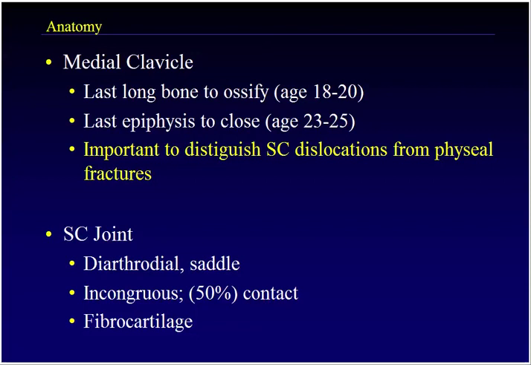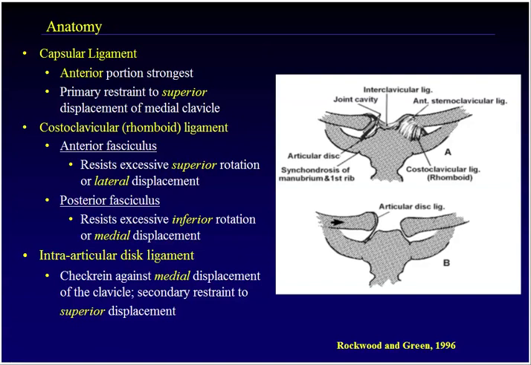There's really only 50% contact between the medial end of the clavicle and the sternum, and of course it's a joint composed of fibrocartilage and not synovial cartilage. The stability of the sternoclavicular joint is dependent on multiple ligamentous structures. The anterior portion of the capsular ligament is the strongest, and that is the primary restraint to superior displacement of